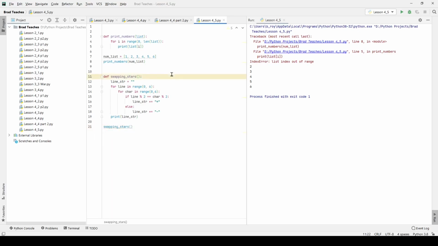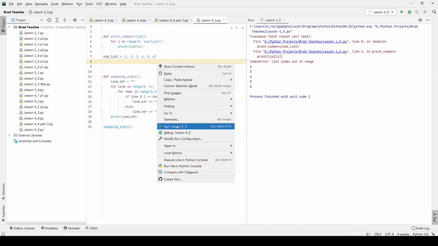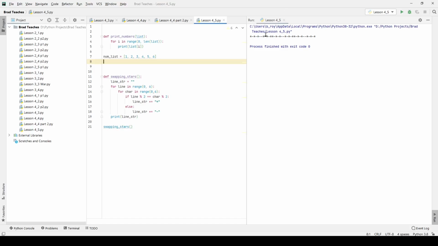The first thing that I do when I'm looking at functions like this, they're short, they're readable, is just try to run it, right? So if I take out this and I try to run, it's going to run swapping stars, and you can see I get this really weird line up here. I don't exactly know what swapping stars does, but I can take a guess and say that what swapping stars is trying to do is go from star to stripe to star to stripe to star to stripe, right? And then it's trying to repeat. But as you can see, it doesn't repeat on every single one. On some of these, it doubles up, and it looks like it's doubling up on the 6th of each item,